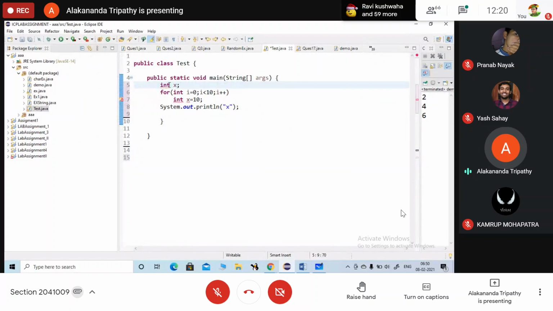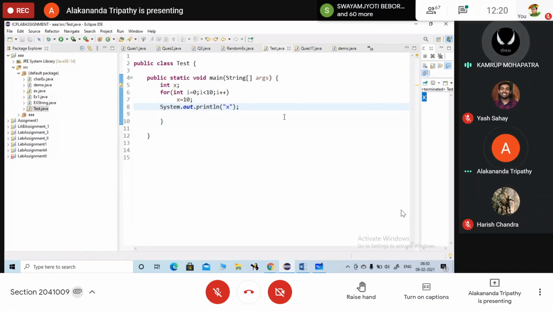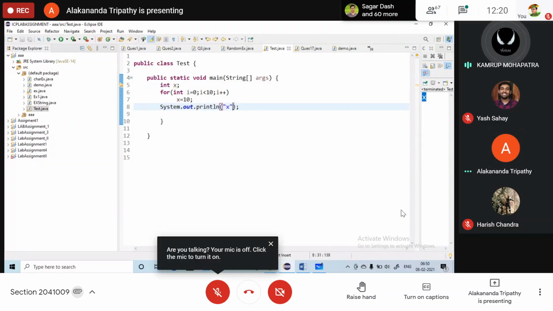int x is declared here, and here I am just removing this int x equals to 10, and here you will write it. So what is happening here? x is initialized with 10, and this System.out.println is outside the loop, so it is printed how many number of times? Ma'am, actually, it will only print x because it is inside the inverted commas, so it will show only a letter, but it will not initialize the value of x. No, it is not initializing, and where is this statement? It is just outside the for loop.